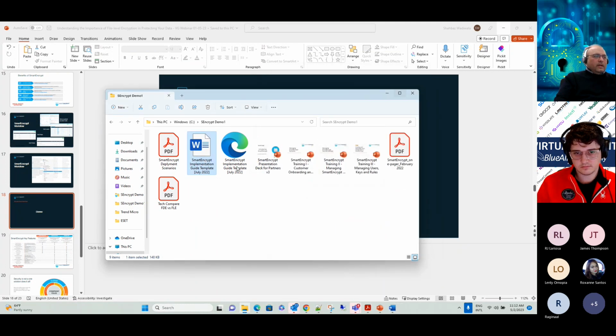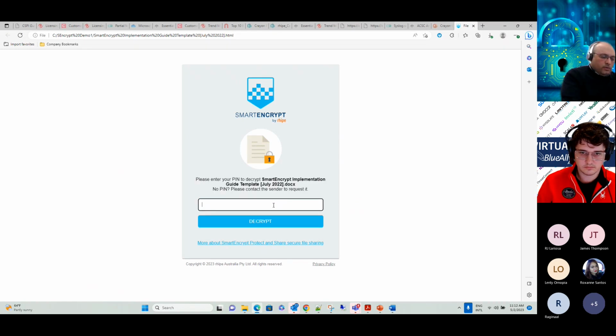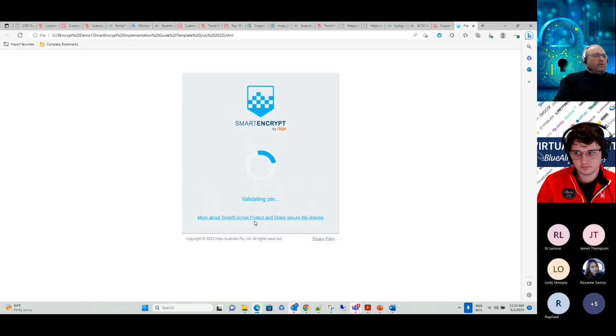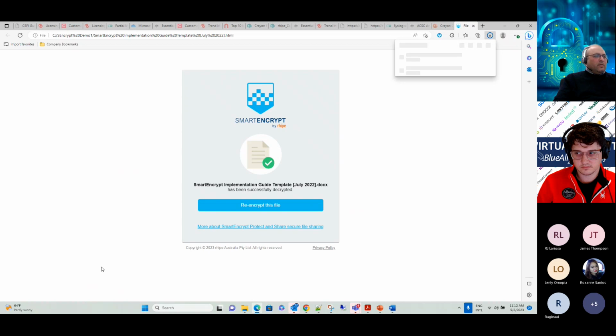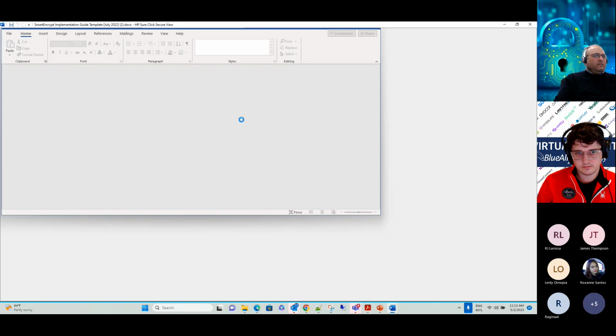So it's a matter of just sharing this file with the end user. And when the end user receives this file and they try to open it, this is going to open up in the browser. Right? And it's going to basically show this HTML page where I could click on decrypt, use the original key, which could be exchanged via phone, via SMS, or any other medium. Click on decrypt, and it will basically decrypt the file and download it for me. So when I receive this file, I could basically make changes to it, right? And put in more sensitive data when I receive it,